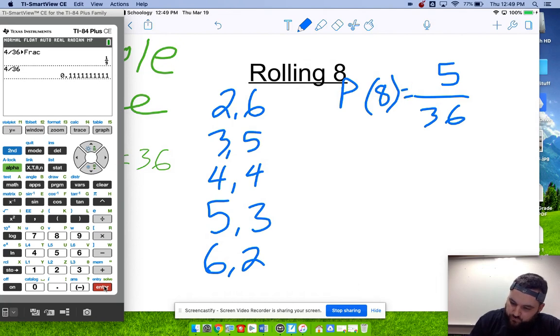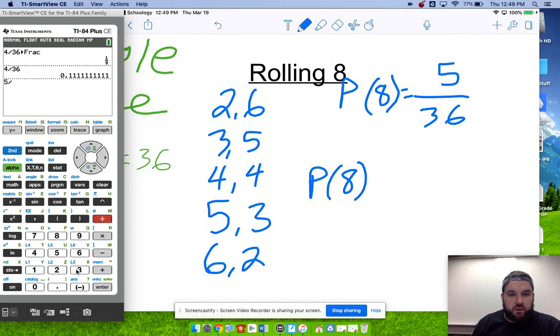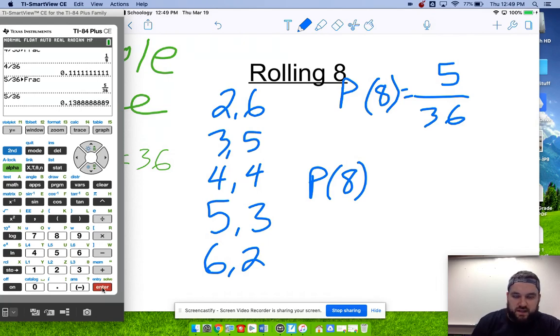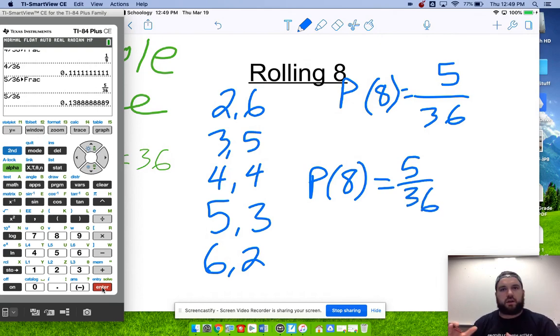Okay. So the probability of rolling an 8, I can check here real quick. 5 out of 36. 5 is prime, so I know it can't reduce. And sure enough, the calculator tells me that. And then 5 out of 36 as a decimal, because it's tough to compare like 1/9 to 5 over 36. Now, it's not tough to compare